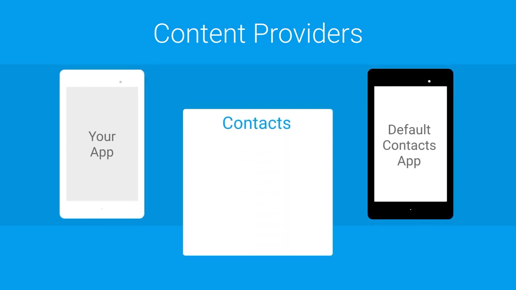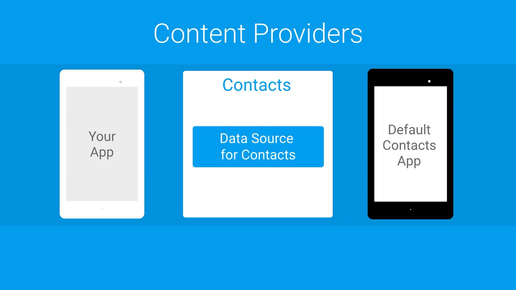In order to make this app seamless for users, you need to store the new contact information in the same data source the user is already using to store their phone's contact data. This is because this is where your phone's default contact app looks for contact information to display.